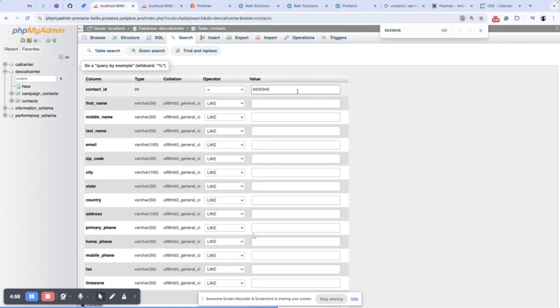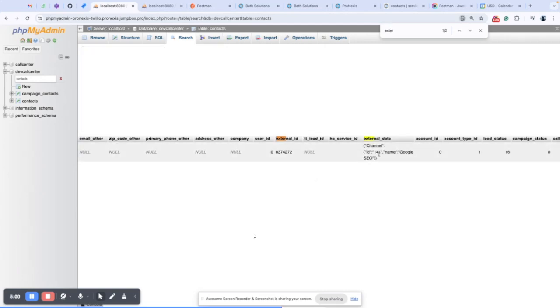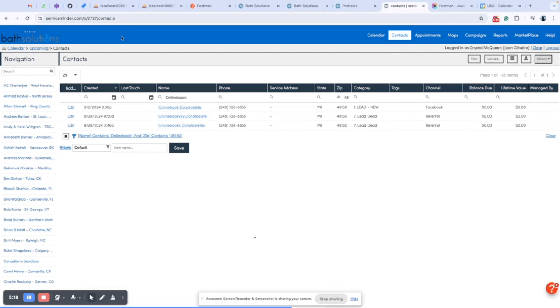Just for these testing purposes, we want to verify. So external ID. You notice here it already has the external data channel, and I just need this ID here, an external ID. So let's verify. In order for me to verify and find this lead record, because it has a lot of online book